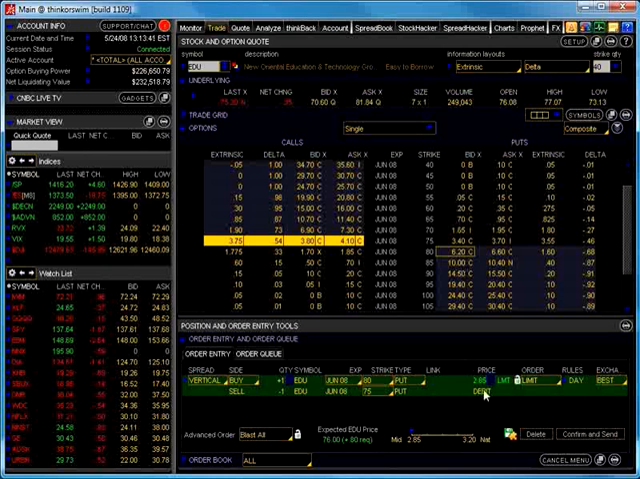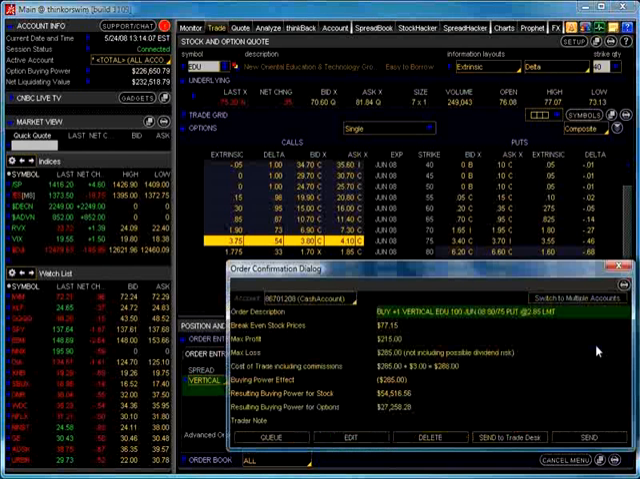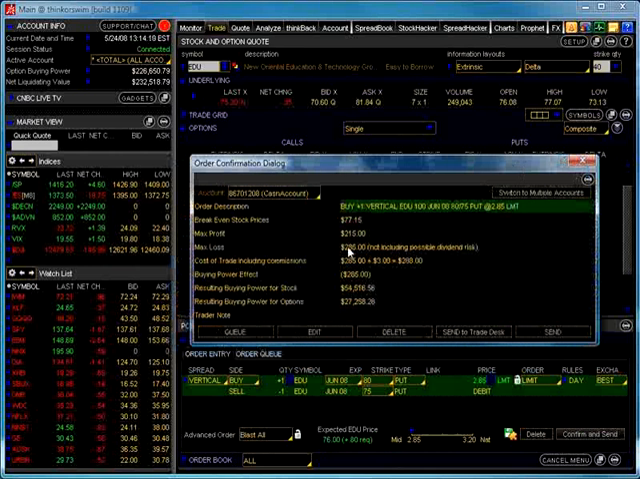In this case, the debit is $2.85, which gives us a profit of $2.15, which is the difference between the strike prices, which is $5, minus the $2.85 that we paid for the vertical spread. It gives us a profit of $2.15 if the stock moves down to 75 or below on expiration. So if we go ahead and bring up the dialog box here for the order confirmation, you can see that the maximum profit is $2.15. Maximum loss is exactly what we